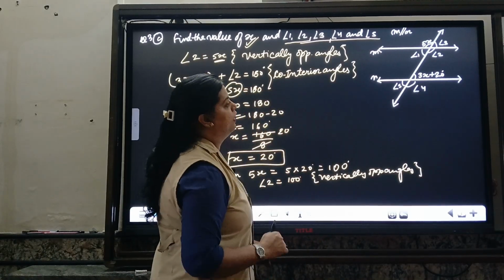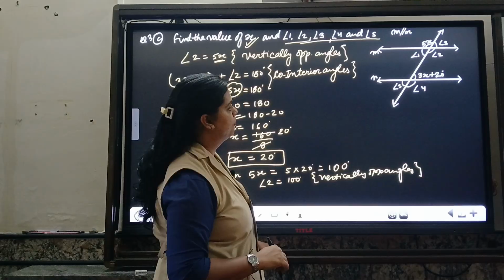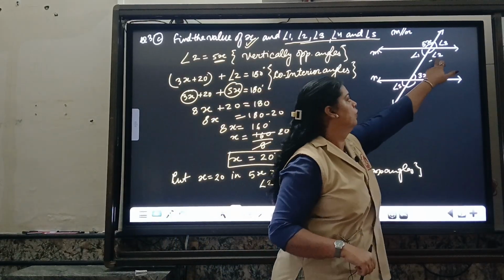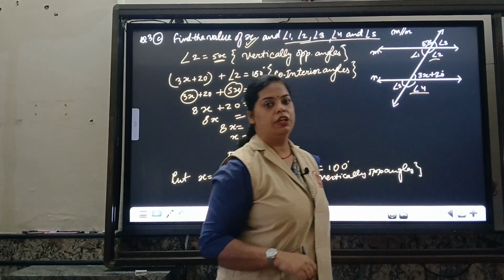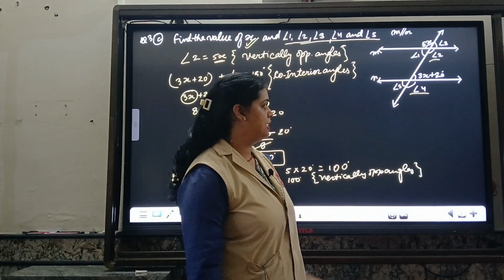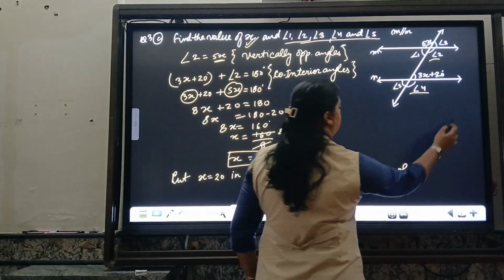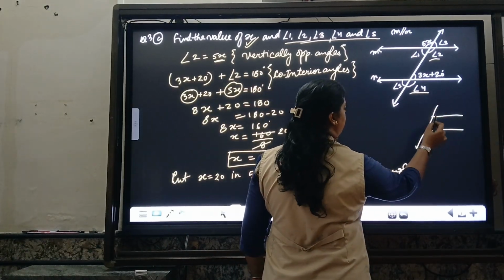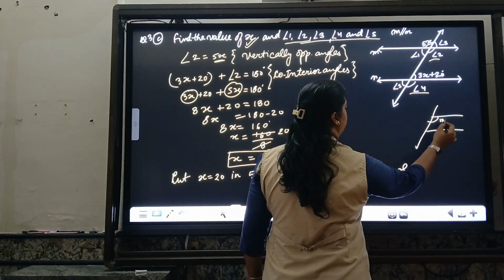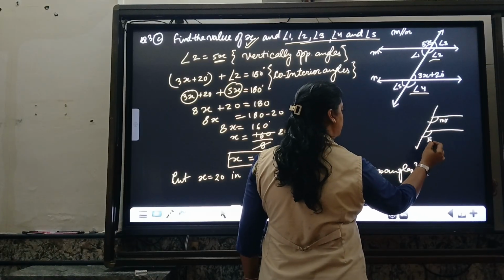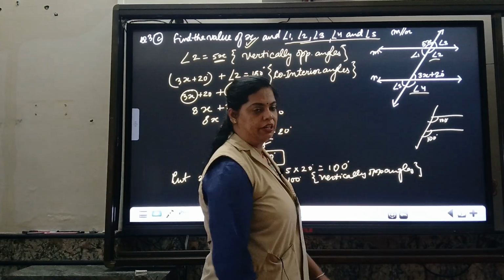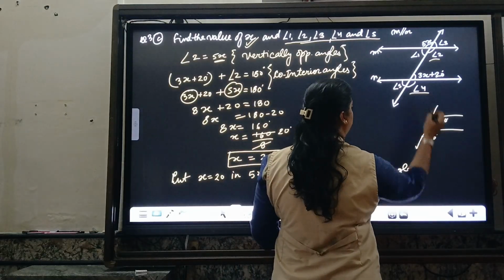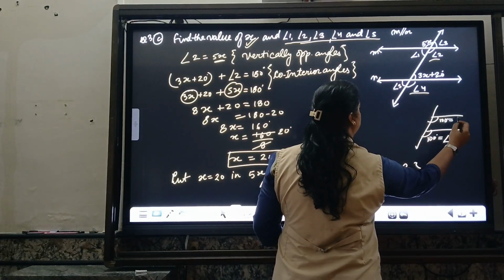Next, which we can find out without doing any calculation, angle 2 and angle 4. They are all forming alphabet F, meaning they are corresponding. You can see parallel lines cut by a transversal line. If it is angle 2 and it is 100 degree, then the angle which is just below the line would be 100 degree. But what is the value of the angle given over there? It is angle 4 and it is angle 2.